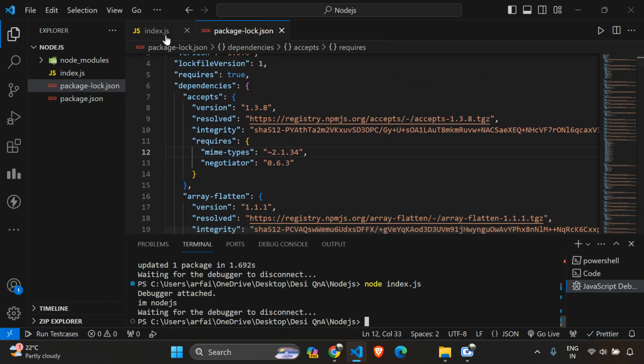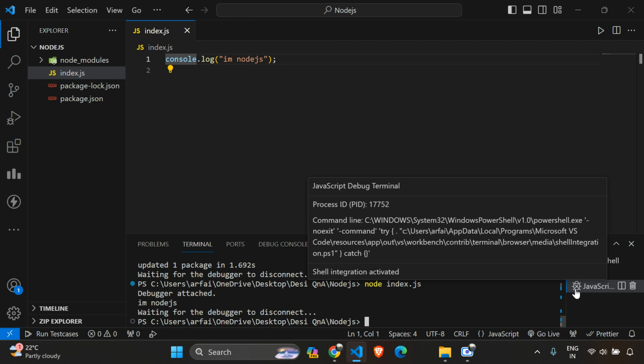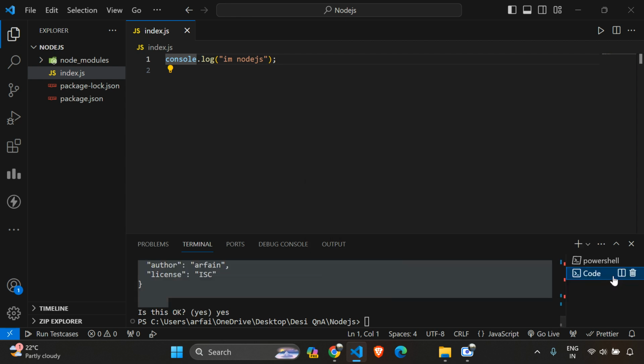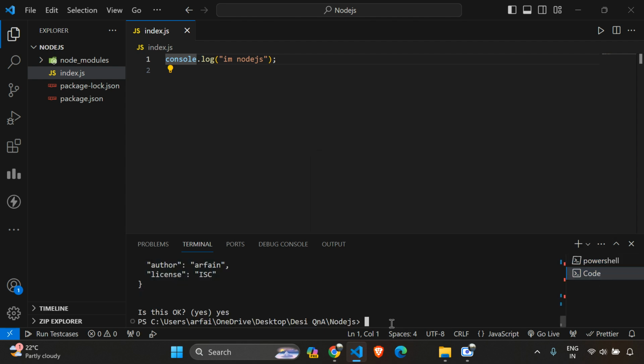You made changes here, you can see. Let me show you. Let's go to our index.js. Let me clear this one. Waiting for the debugger to connect. Why did this get connected? Okay, let's ignore this for now. Debug terminal, let me delete it. Okay, let's come back to what we had over here.